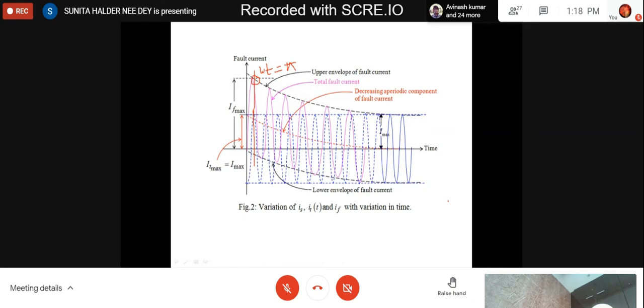So as a thumb rule, we can take that the maximum value of fault current may be 1.8 times Imax, where we give some allowance, assuming that the transient component has become at most 80% when it is facing the first positive peak of the steady state current. Otherwise it is less than that. But still, 1.8 Imax, that is the maximum value of fault current, is a good estimate for protection system design.